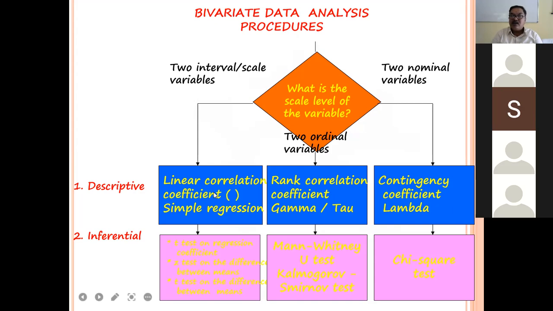Simple regression means you have two variables and you identify one as the dependent variable and the other as the independent variable. Generally, by reading, you will understand that marks depend on the number of hours studied. Am I right? The number of hours you have studied does not depend upon your marks. The marks depend upon the number of hours you have studied. So I treat the number of hours studied as the independent variable and the marks as the dependent variable, and I run a regression.